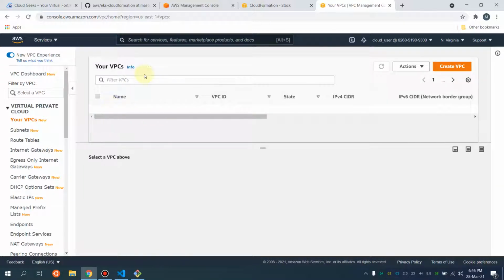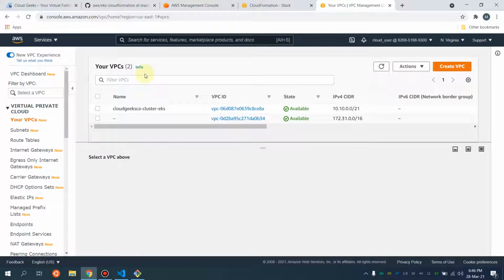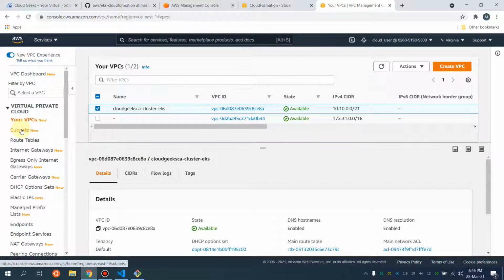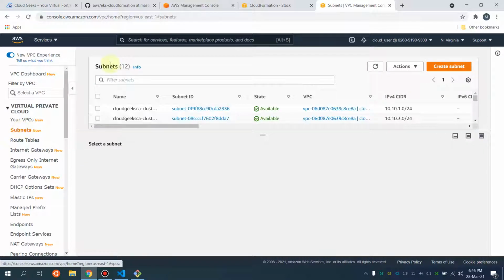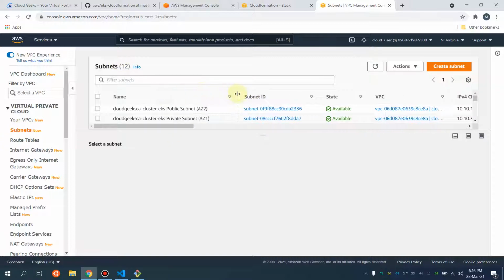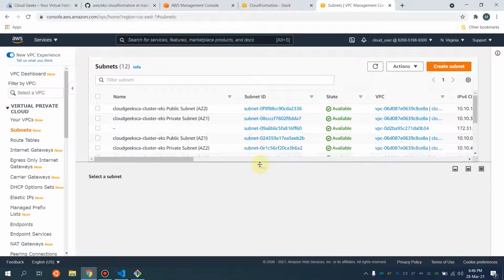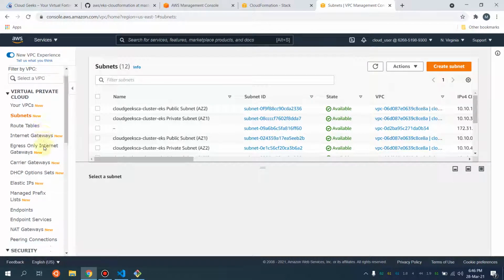So you can say it is a very customized cluster. It is highly secure. This is the tagging I need, and in such tagged subnets I will be deploying my stack. So these are the public and private subnets, and all the settings are defined in the stack.